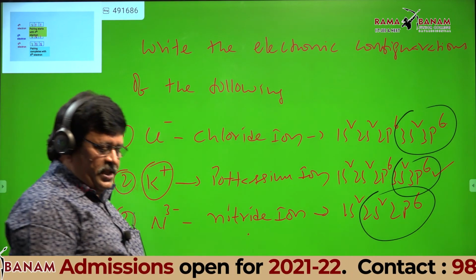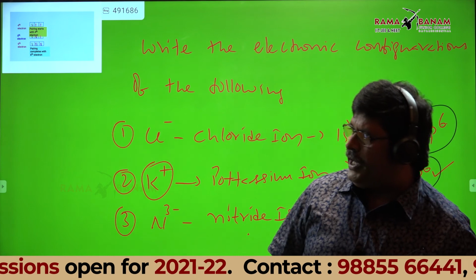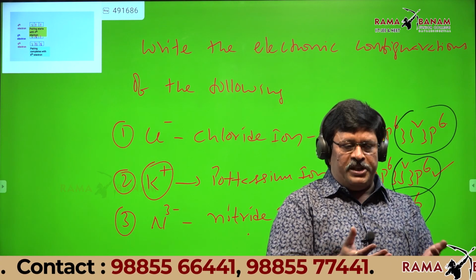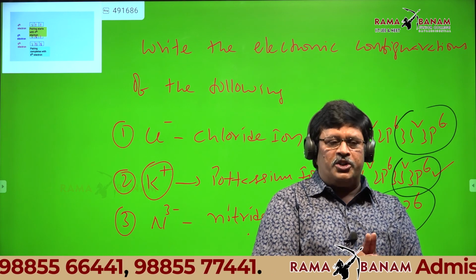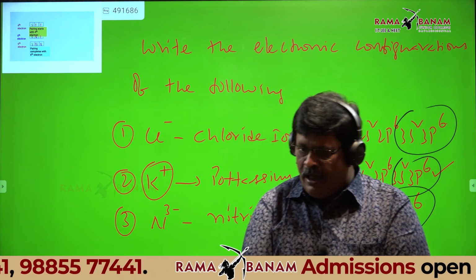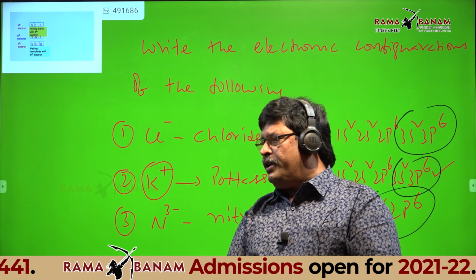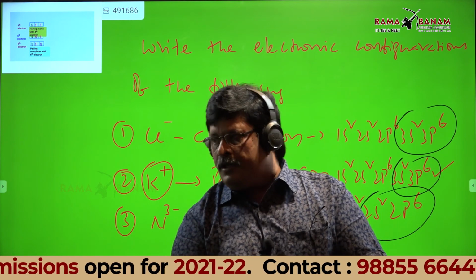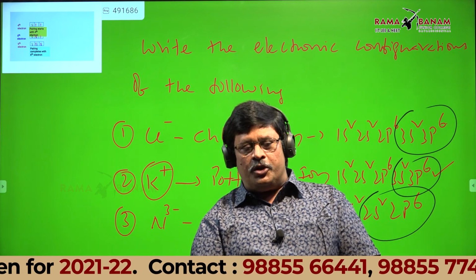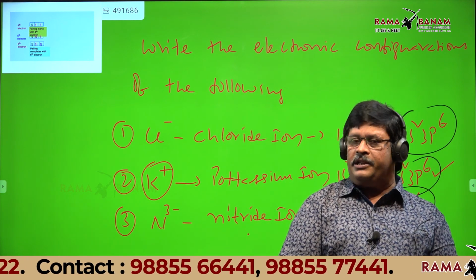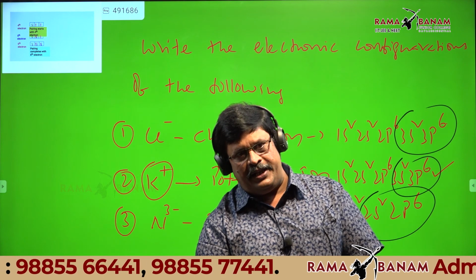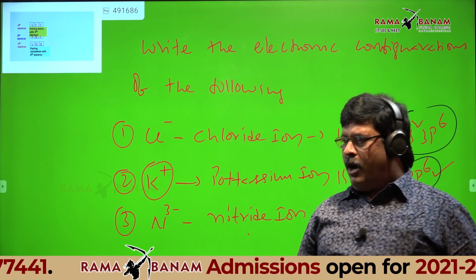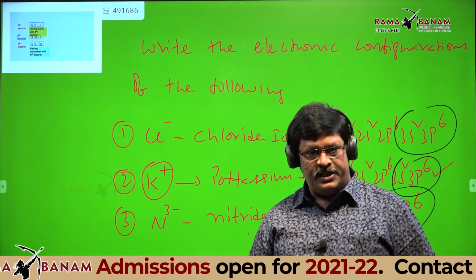So this is the way of writing electronic configurations of ions, students. Tomorrow we'll do some more questions based on electronic configuration, and I'll start a new topic in tomorrow's class. In the class itself we'll decide what to start. Before that, everyone should go through the notes and practice the configurations we discussed today, and also those from the last classes.